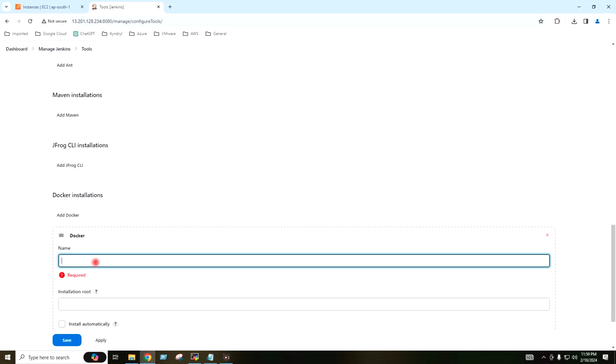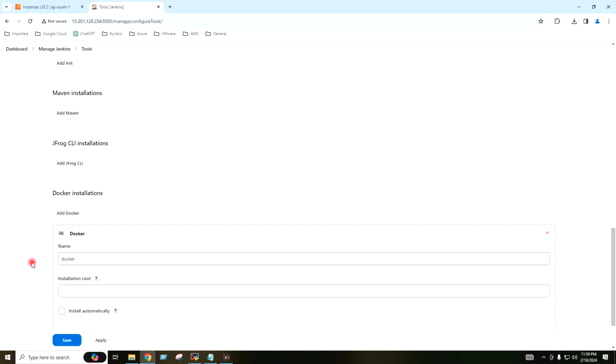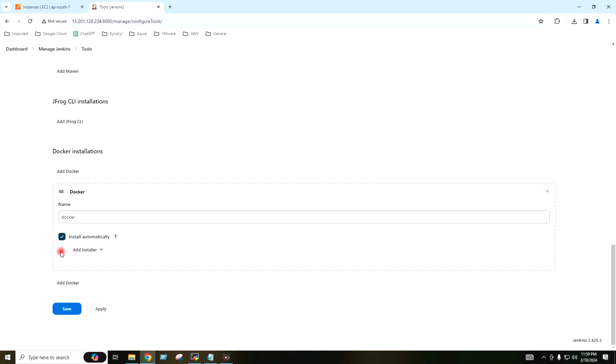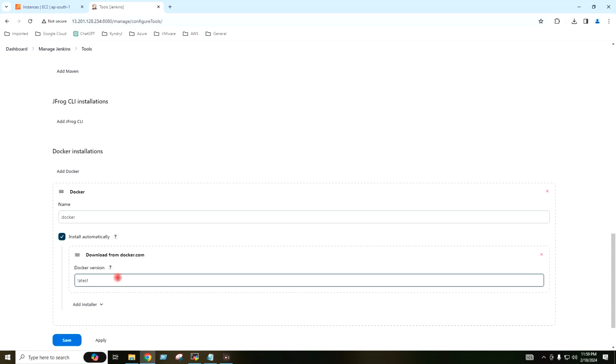I will provide Docker, I will tick on install automatically, and I will select download from docker.net.com,